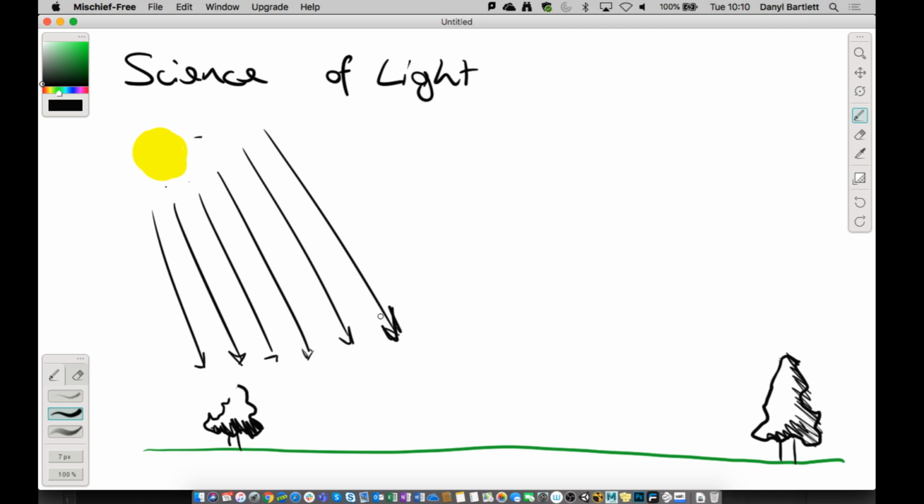Light moves in almost near parallel waves towards us. So it all kind of moves down in this same direction. So the next thing we need to think about, so if that's a truth,